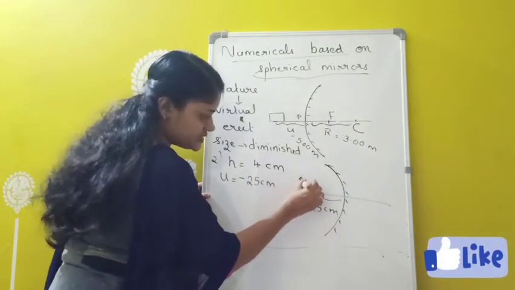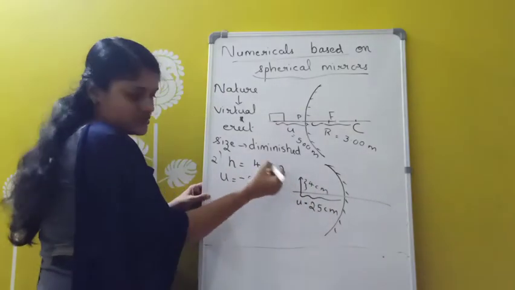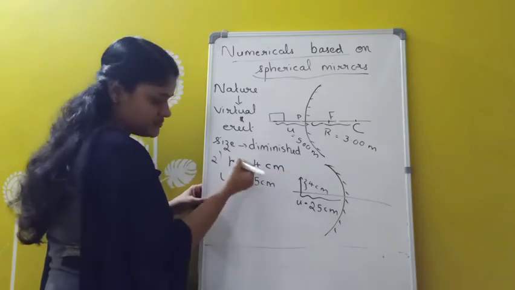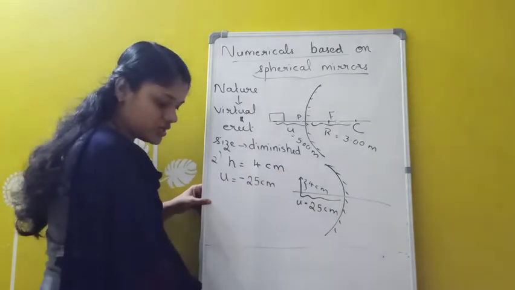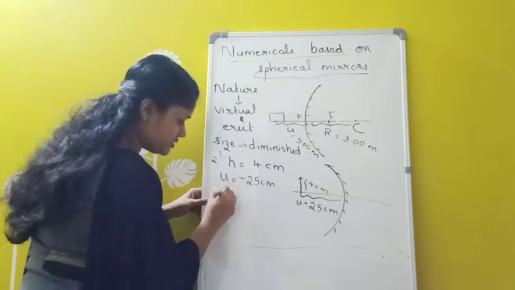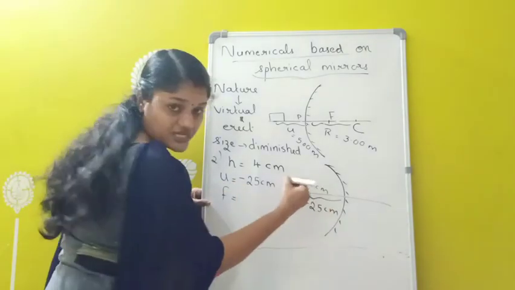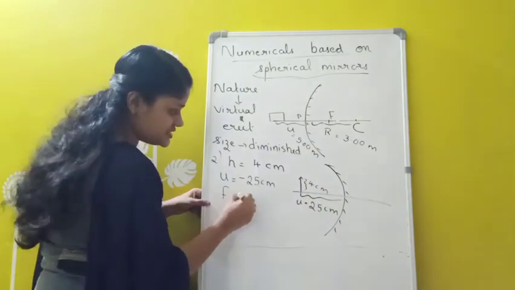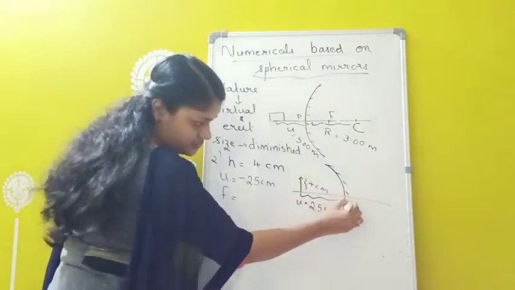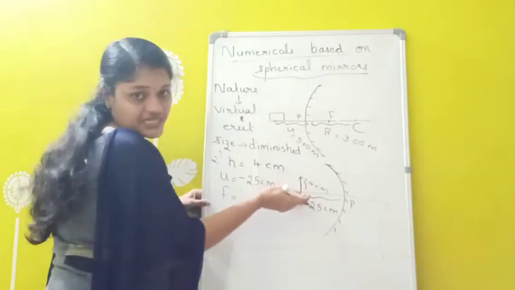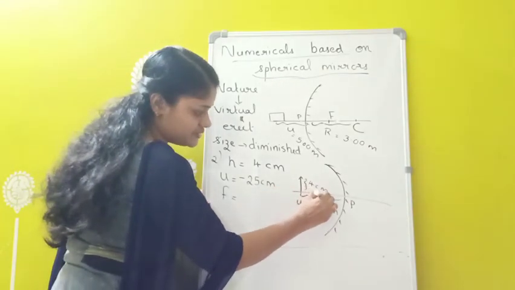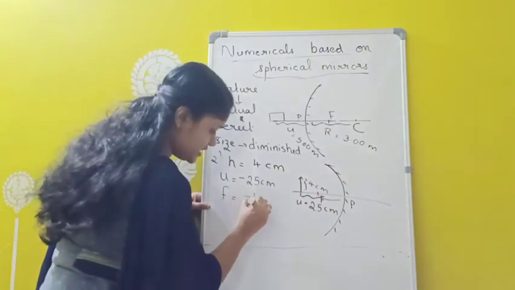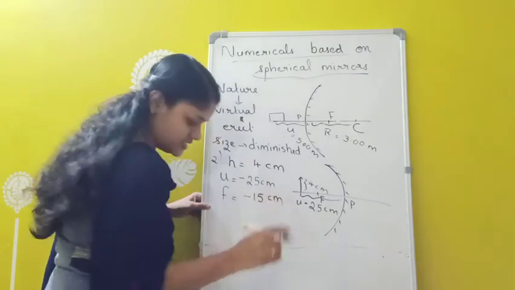And height of object is always plus only. So height is given here as 4 centimeter. So plus 4. Because distance measured above the principal axis is taken as positive only. So u is given as well as h is also given. Then the focal length of the mirror is 15 centimeters. So f equals, the focus is always coming on the left hand side because it's a concave mirror. Okay, the focus is coming only on the left hand side. So f is taken as minus because we are measuring everything from the pole. So from pole towards left means minus. Focus is somewhere here only. We will be getting focus here. Okay. So focal length is given here as how much? 15 centimeters. So we can take it as minus 15 centimeter.